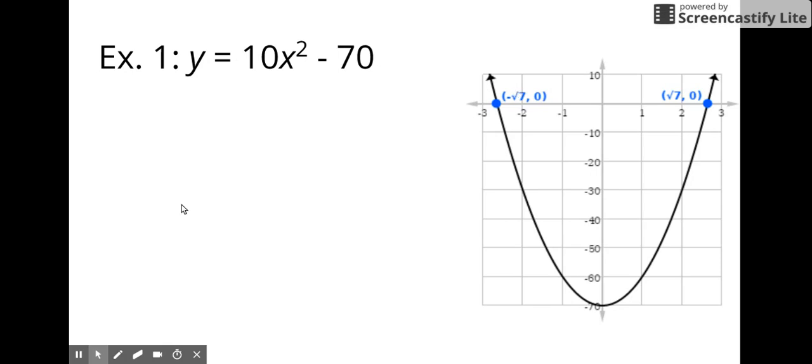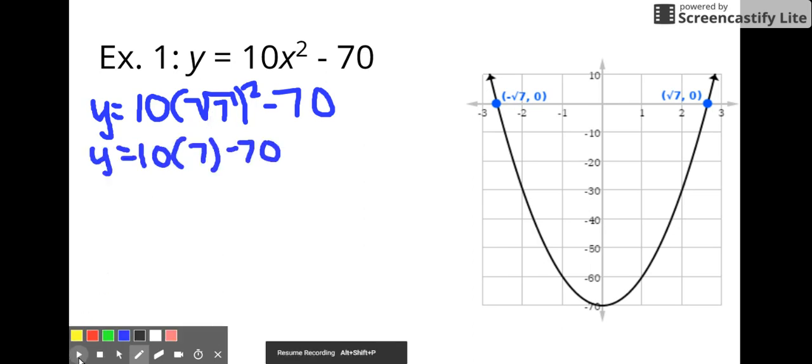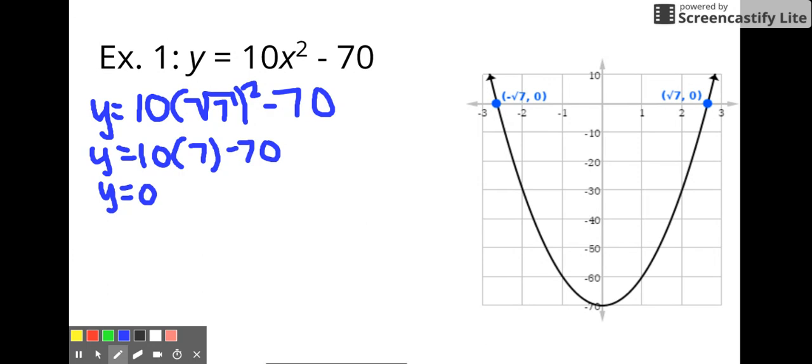So let's do that, starting with positive square root 7. So notice I substituted square root 7 in for x, and I put parentheses to show that I was substituting. When we simplify this, the square root of 7 squared is just 7. So we see that we have y equals 10 times 7 minus 70. 10 times 7 is 70, so 70 minus 70 is 0. So we verified algebraically that when x is square root 7, y is 0,